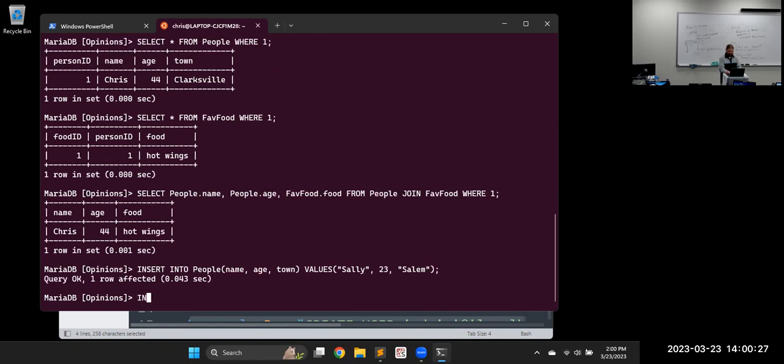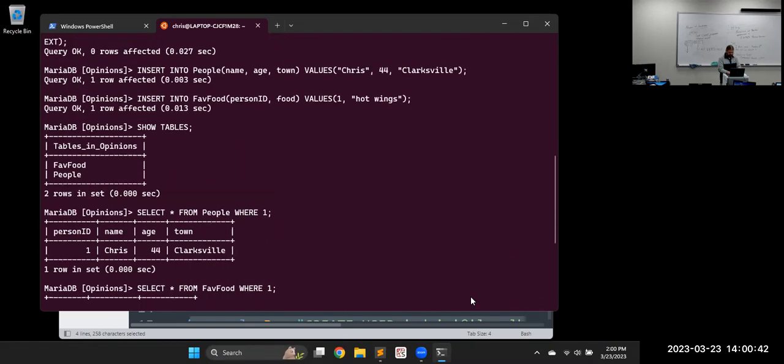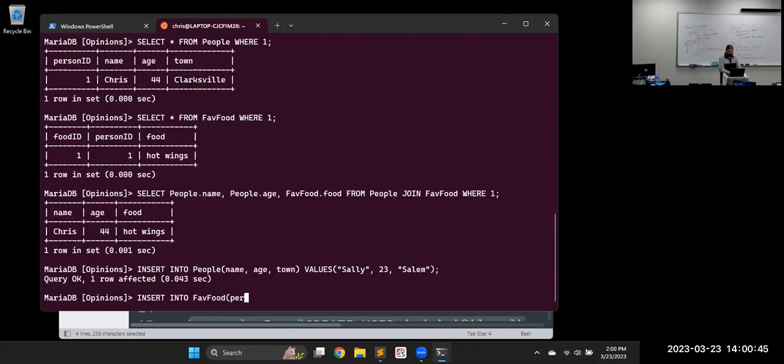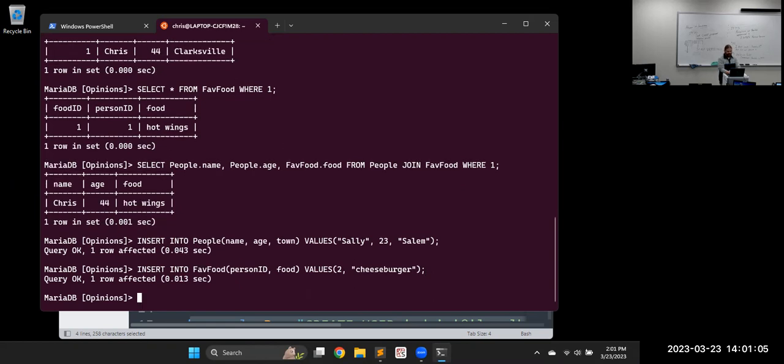We got that in, and then insert into fave food. What did I insert in the second one? Person ID and food. So insert into these columns the values 2, because we only have 2 things right now, and maybe a cheeseburger. End of instruction. So we get that, and if I hit up and run that same query,